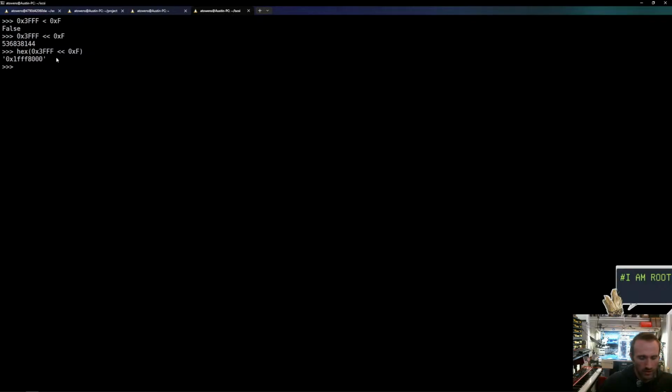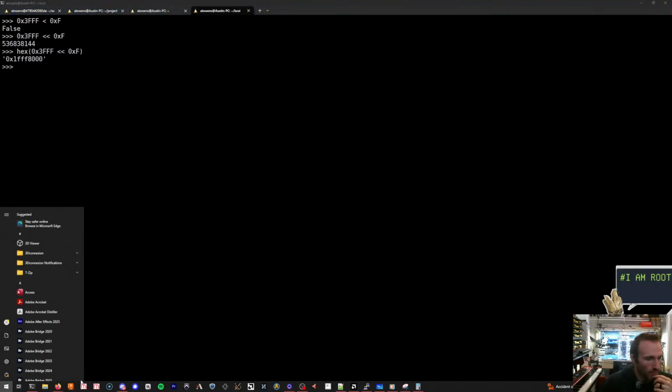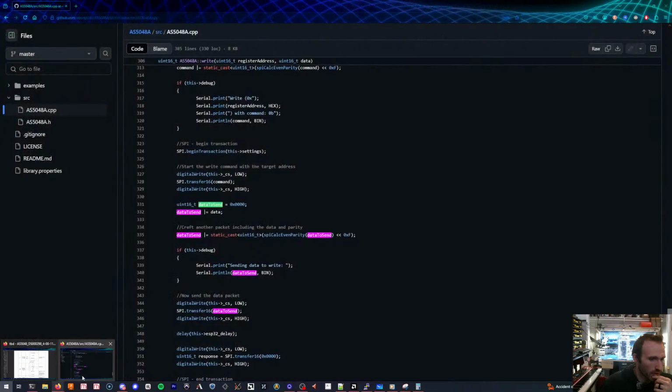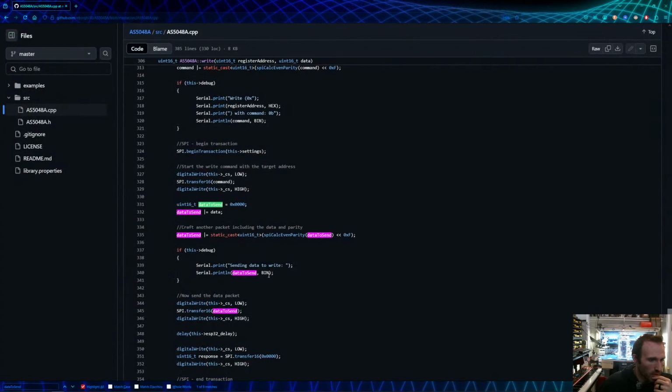Is that really what's happening here? Am I really sending that out the wire? Sending data to write. They do shift to the left. Oh, but they're